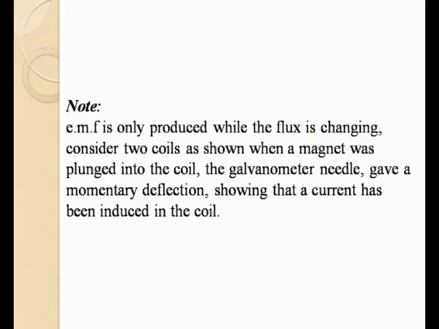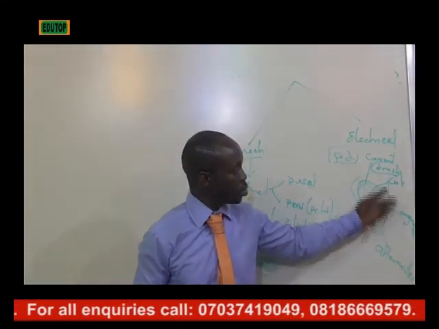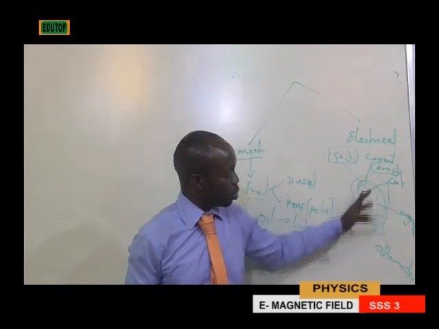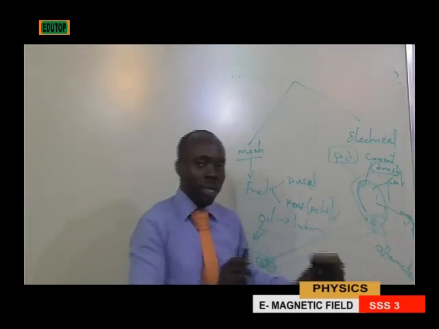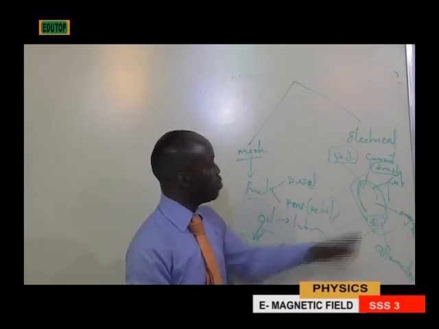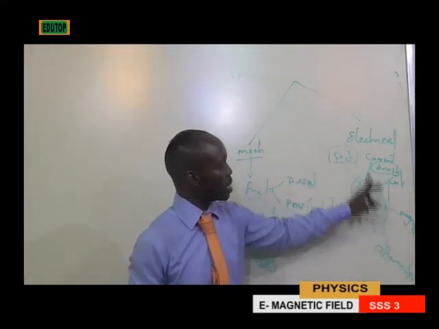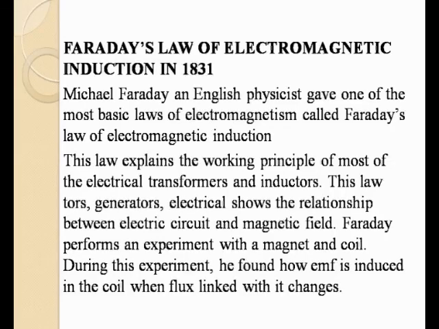Now note, EMF is only produced while the flux is changing. Remember, EMF, that's the potential difference, will be produced at this section because the flux is changing. In this alternator, there are magnets which want to always attract. But there is a coil in between that breaks that force of attraction. That's the flux. So that EMF will not be produced. Let's proceed. Now, let's look at Faraday's